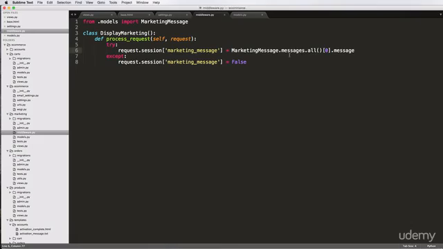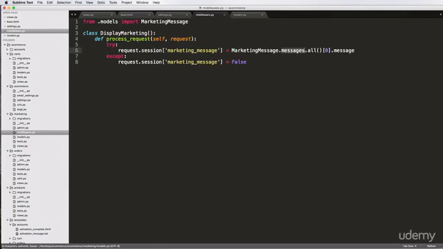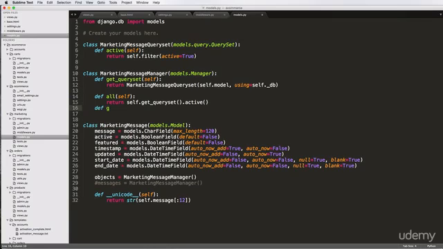There we go. So that's what allows us to do with custom managers. I'm actually going to comment this one out because we're not going to use that. We're going to stick with objects as the convention. All right, cool. So now that we have this, we might want to make sure that all are definitely going to have to be active, but then we might want to have featured ones. So define featured